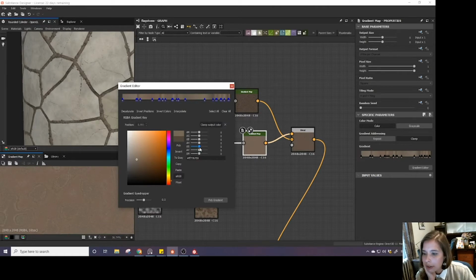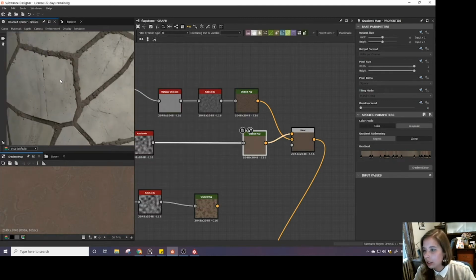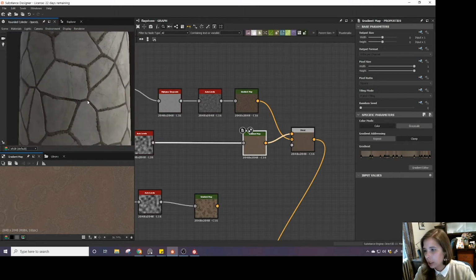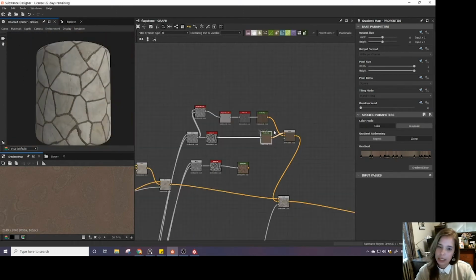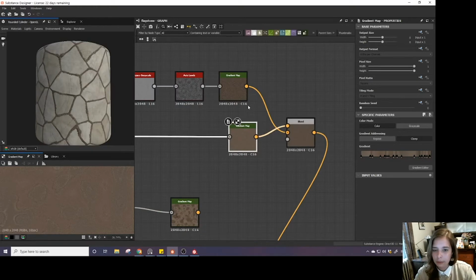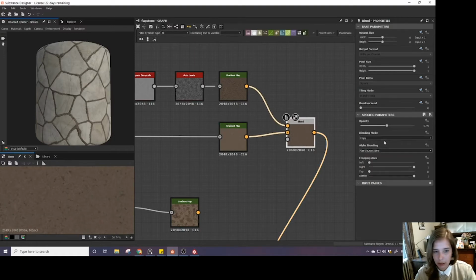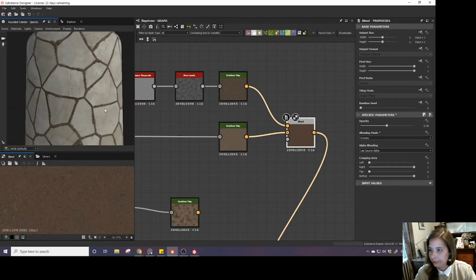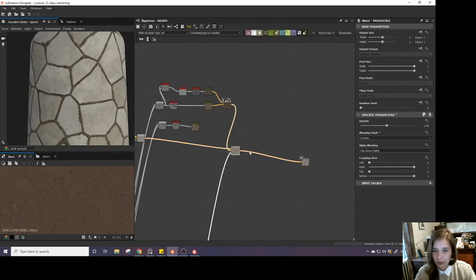Bring up the value. Cool. And just for simplicity's sake, I'm going to flip these and then do that. Yeah, for simplicity's sake, for the rocks right now, I'm just going to